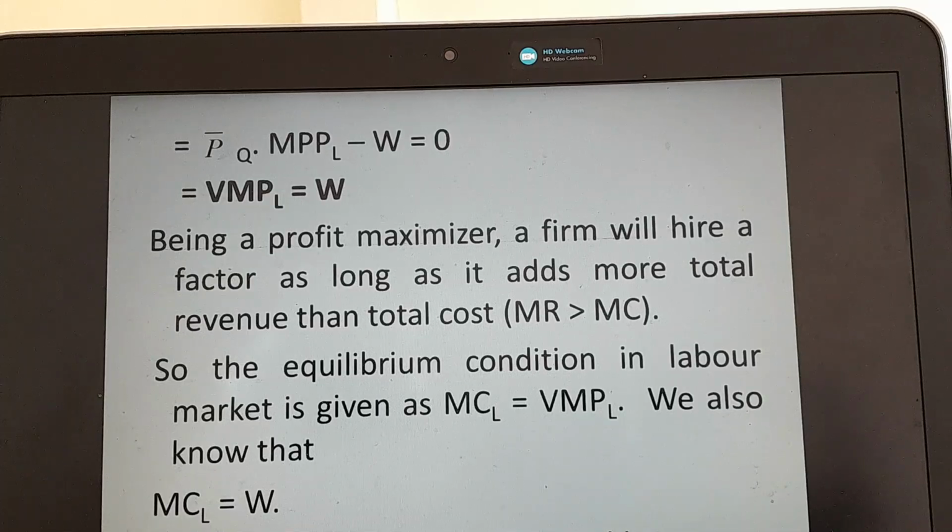So price times marginal physical product, that means value of marginal product, minus wage is equal to 0. This is the marginal approach to calculate the profit maximizing level of the firm in using the labor. Being a profit maximizer, a firm will hire a factor as long as it adds more total revenue than total